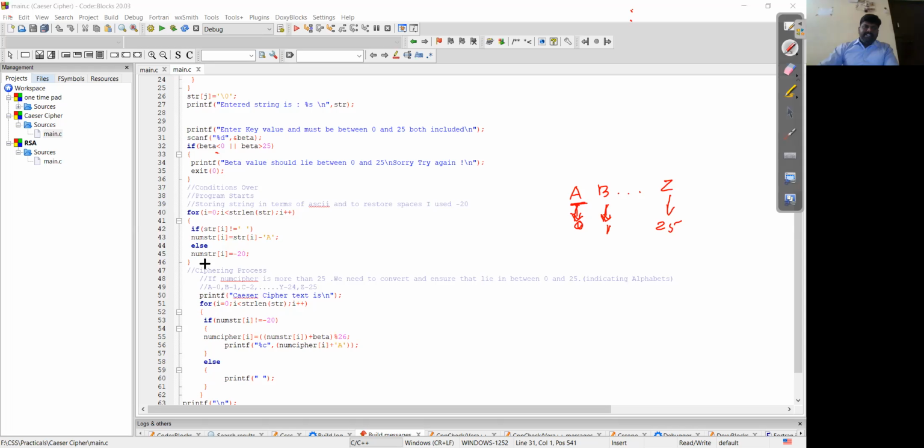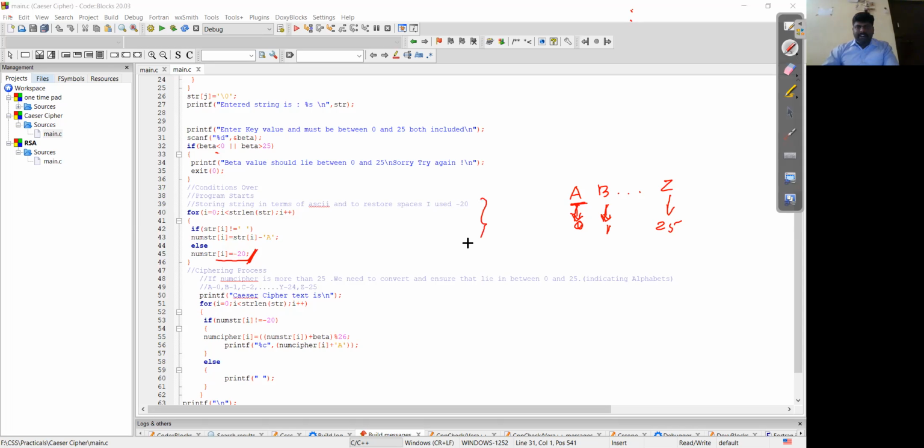Else, in order to release the memory, I can use -20. Later, I'll explain this part. You will get more clarity. In case it is an empty space, that is how it is to be considered. So, is it clear so far?